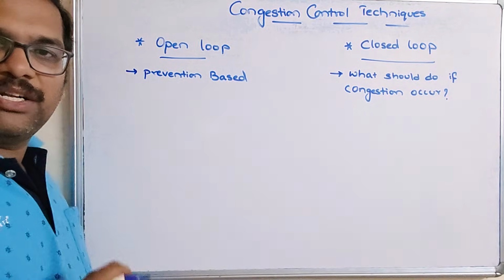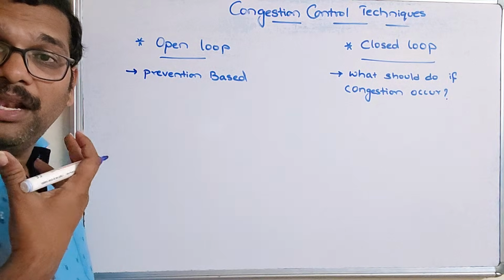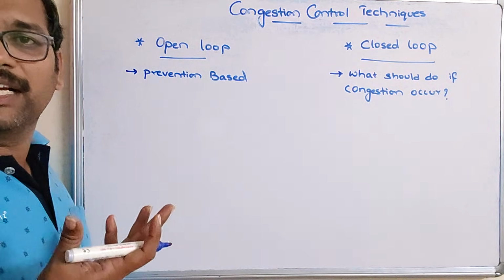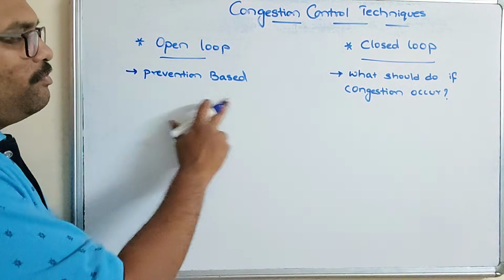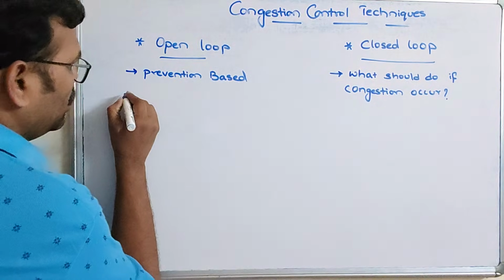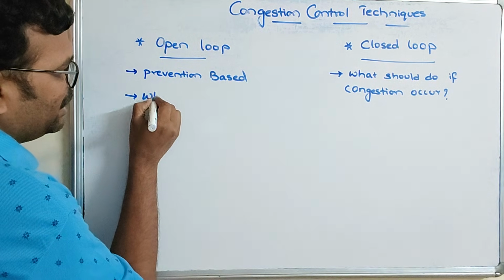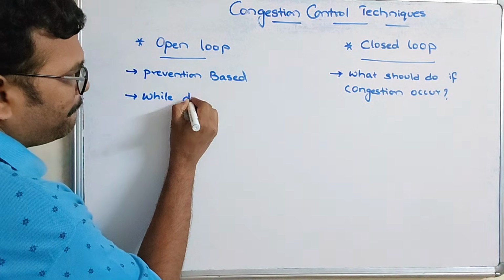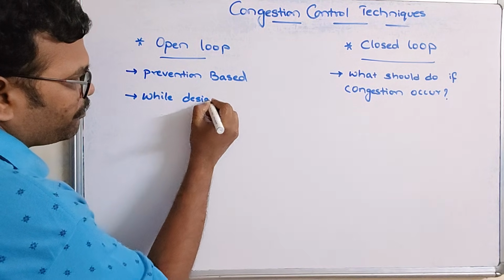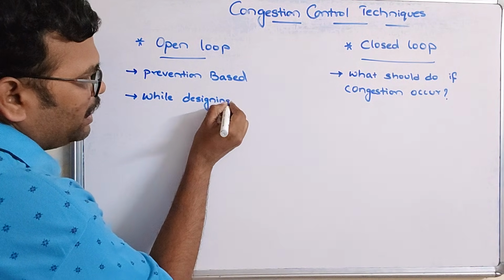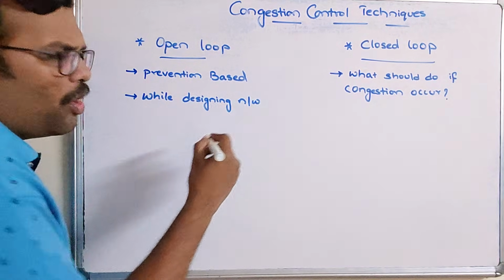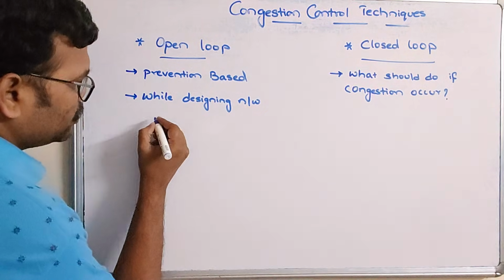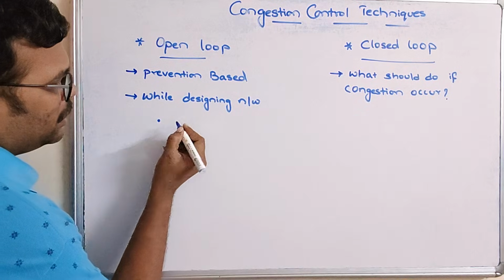And here it is prevention based. So here there will be a lot of policies we need to consider while designing the network itself. Okay, so the first one is